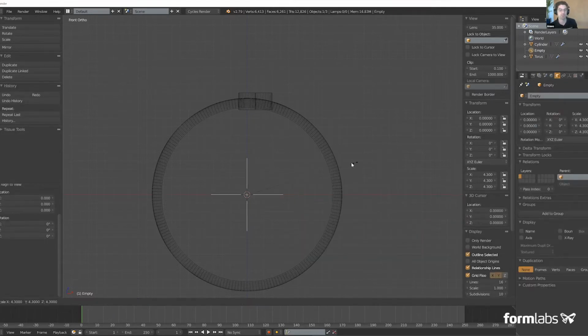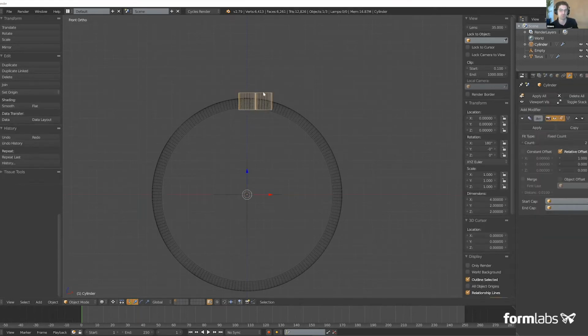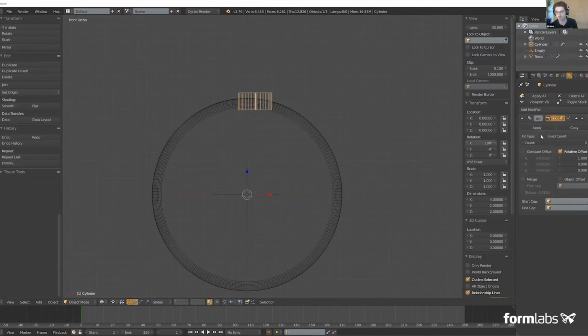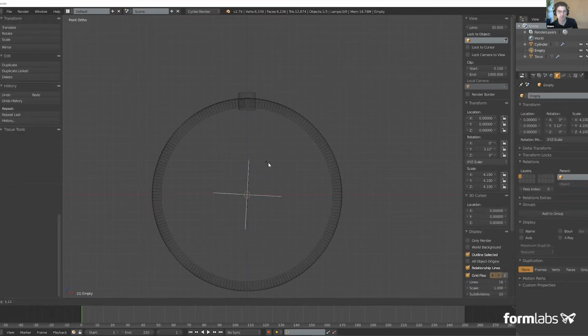An empty object is an object with no geometry. It just helps you define rotations or movement. We're going to link this object to the empty. And actually, let's link its object offset to the empty. And now when I